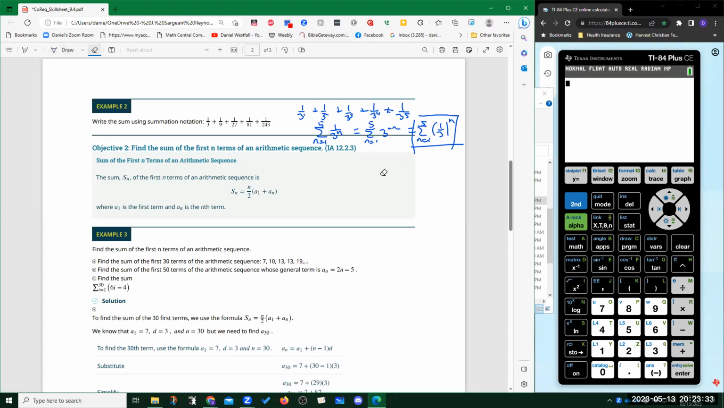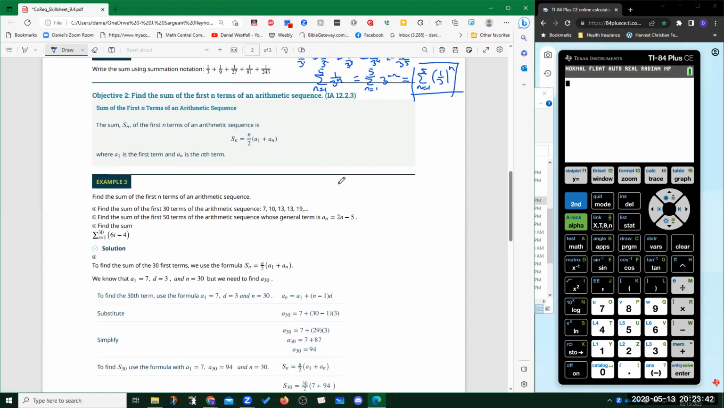Okay, so now we're going to talk about specifically how to quickly add up all of the terms of an arithmetic sequence where they have a common difference. This only works for arithmetic sequences, doesn't work for geometric or anything that's not arithmetic or geometric. So where the first term